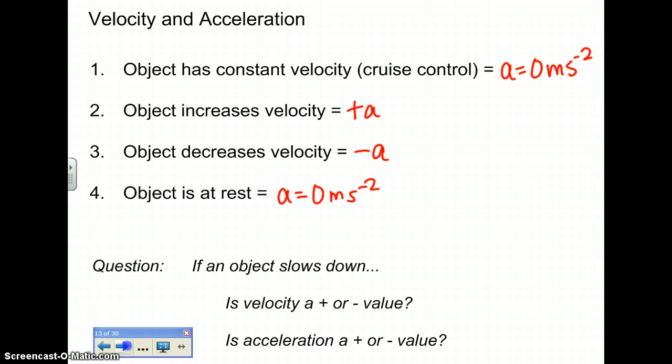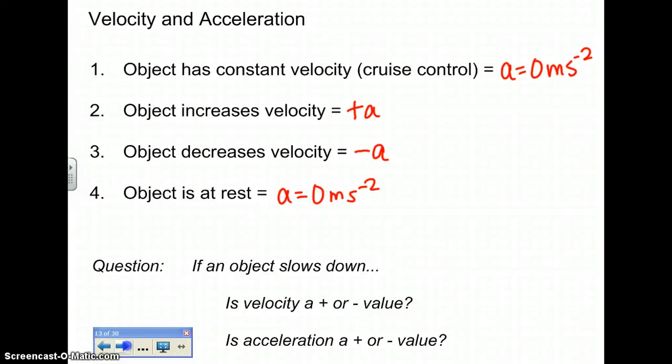So check this out. If an object slows down, is the velocity a positive or negative value? If the object slows down, what's your speedometer doing? Is it decreasing? Are you decreasing your velocity or are you increasing your velocity? So it should be a negative value. What about your acceleration though? You're still using a pedal, right? So that acceleration is going to be,